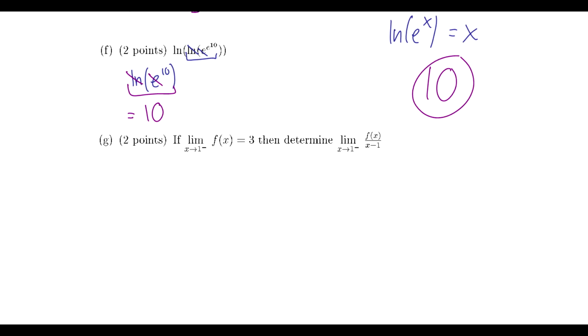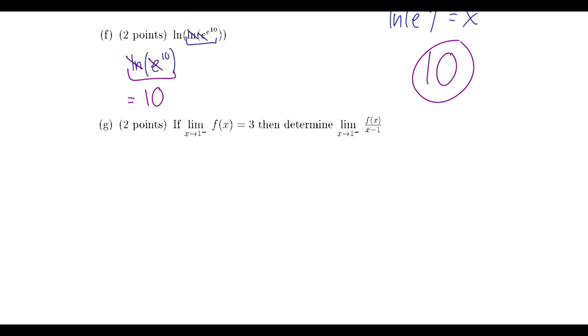Question G is another easy one. Well, sort of. You'll see in a second here where you might get tripped up. If the limit as x goes to 1 from the left of our function is equal to 3, then what is the limit as x goes to 1 from the left of our function over x minus 1? Now, because we have a 1 going in there, you might think 1 minus 1 equals 0. What do? Well, the key is that this is 1 from the left, so it's a little bit smaller than